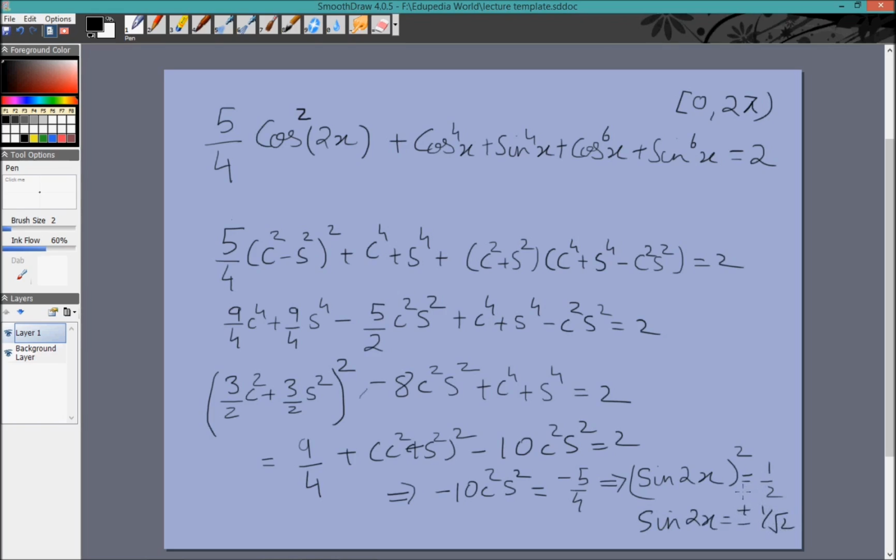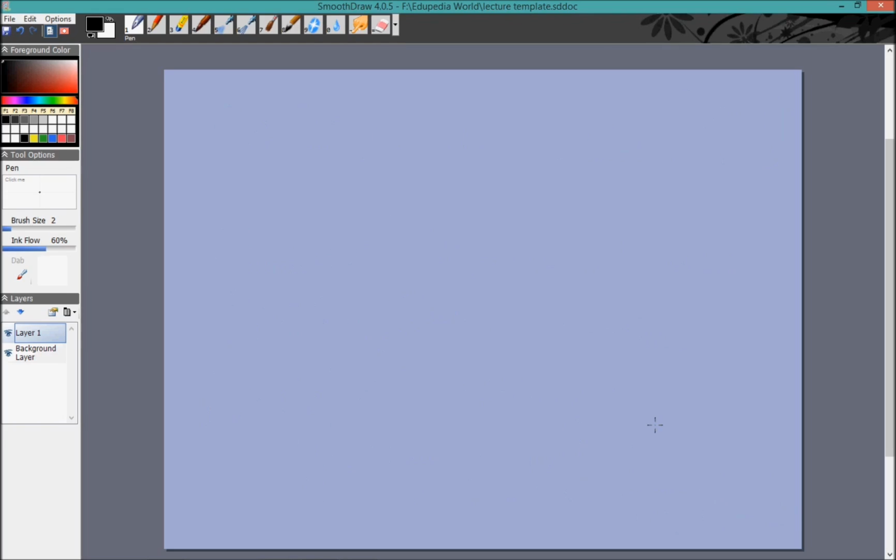Right. So now I'll calculate how many solutions there are for this. So we want sin 2x equal to plus minus 1 by root 2. Right. So if x has to be between 0 and 360 degrees, 2x has to be between 0 and 720 degrees. Right. So 2x can have values. 1 by root 2 will give me 4 values. For 1 by root 2, 2x could be 45, it could be 135, it could be 360 plus 45, and it could be